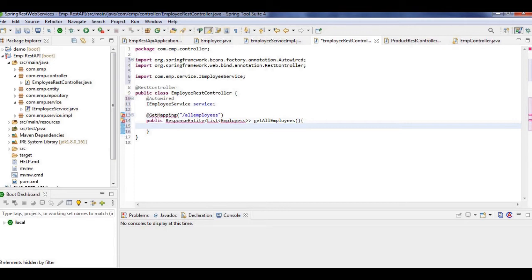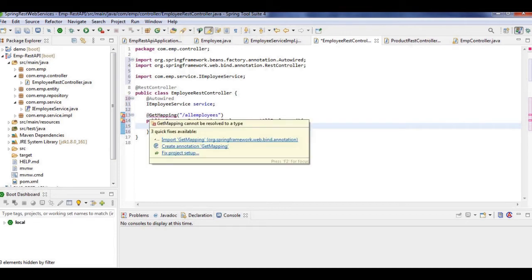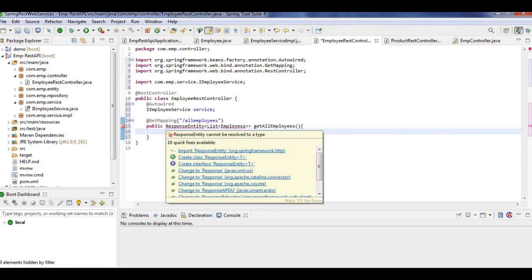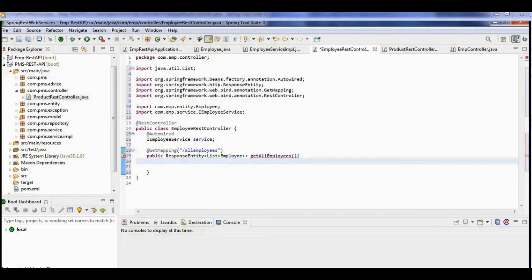So now it's fine. Now these are red lines because we have to import the packages for these respective classes. So I would import GetMapping in this, and this is ResponseEntity, import this ResponseEntity from Spring Framework. Now first let me get my list of all employees.